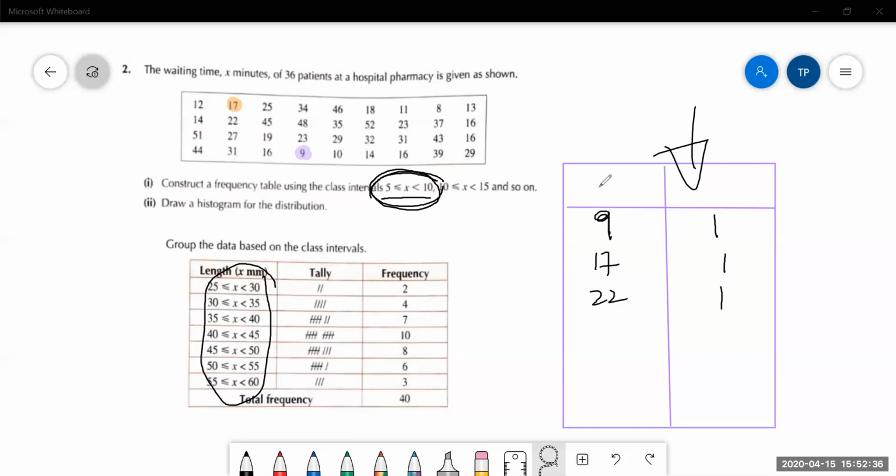Because if not, this is the waiting time per patient. For the waiting time, 9 minutes, there's only one patient that waited for 9 minutes. There's only one patient that waited for 17 minutes. There's only one patient that waited for 22 minutes. Then what's the point? Whereas, if let's say I were to have